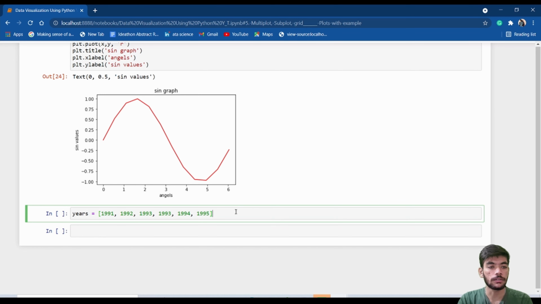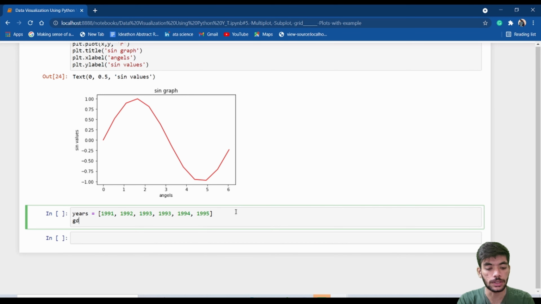Then again I will write the GDP of all the years. I have mentioned earlier, if I have 5 years, then I am supposed to write only the 5 years of GDP data here. If I mention 6 years of GDP data, then the graph will not be implemented. So I will write the 5 years GDP.